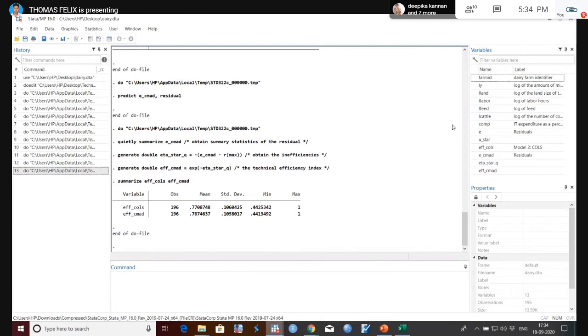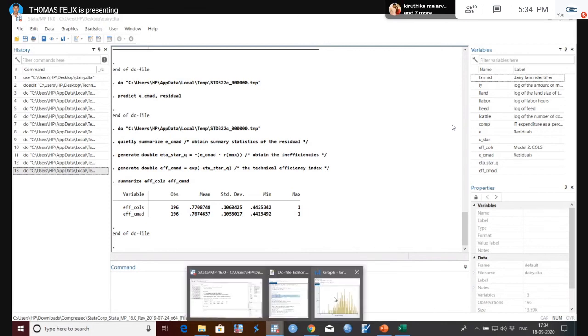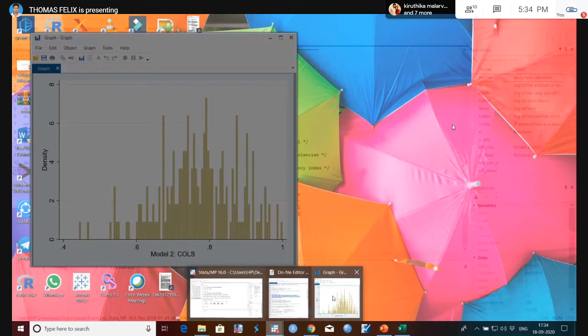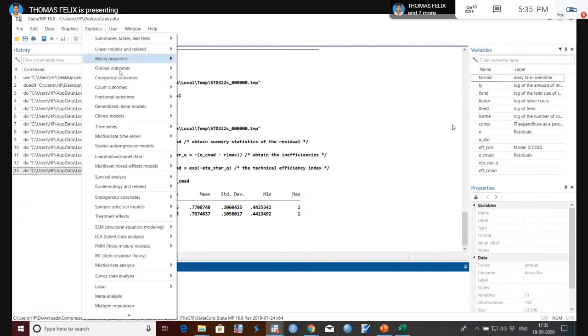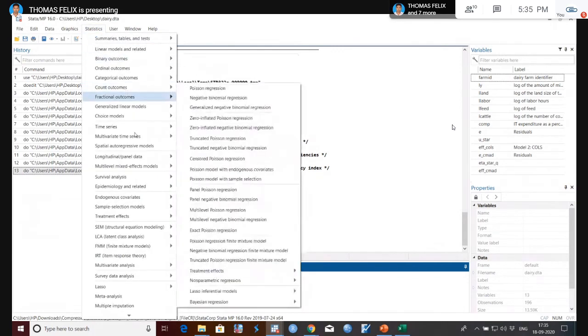So this is the case of two different distribution approaches. But I have also said that there are many limitations because it assumes that the error is only inefficiency error. It does not include random error. Because of these things, we are shifting to the distributional approach. As I said, if you want to use the distributional approach, a menu driven option is also available.